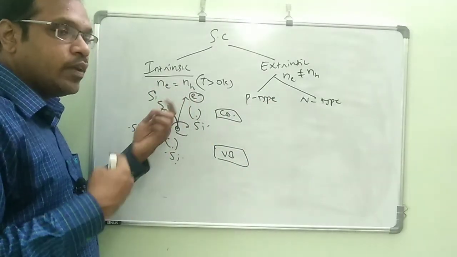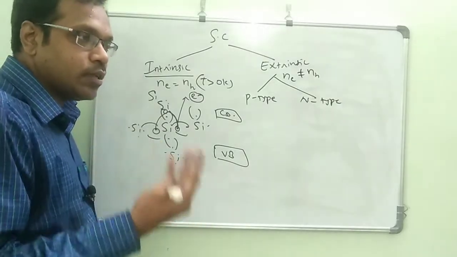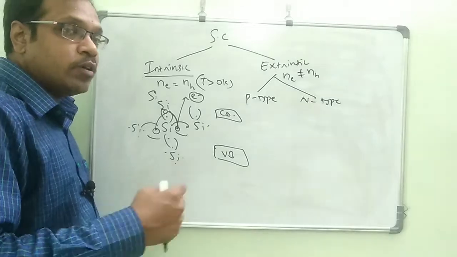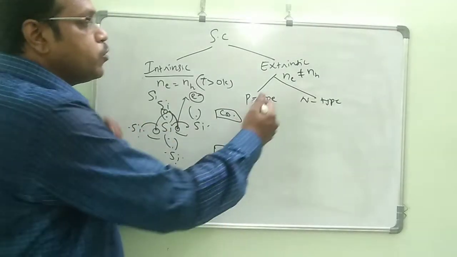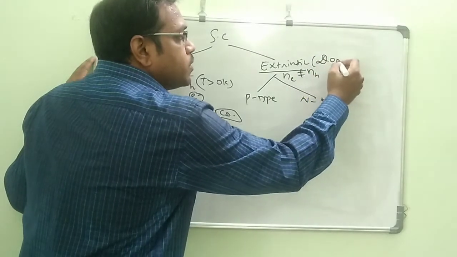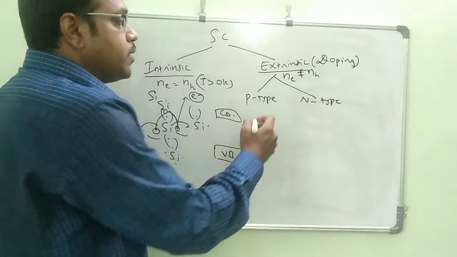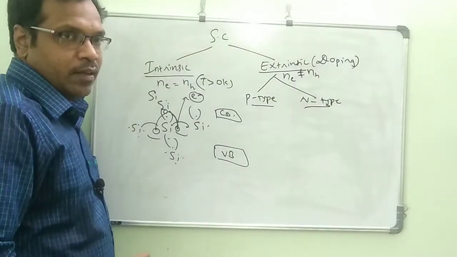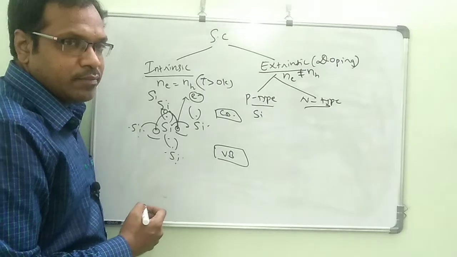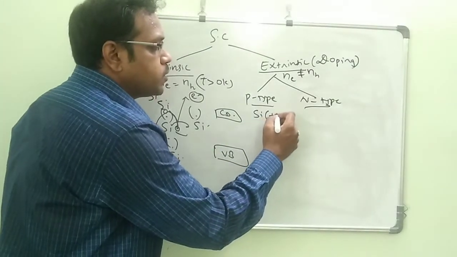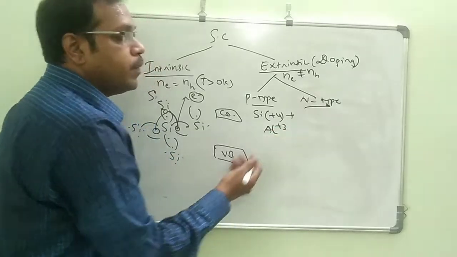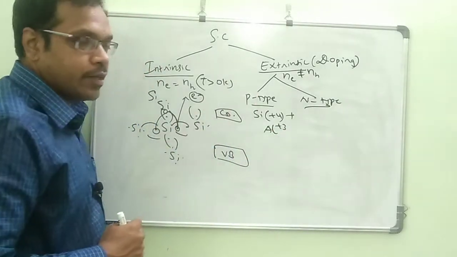So when both of them are equal, we need excess concentration of holes or excess concentration of electrons. So for that what I have to do, I want to increase the number of electrons, otherwise I want to increase the number of holes. For that I have to use extrinsic semiconductor, so that I can use the doping methodology to create P-type and N-type. So how can we form this P-type? When silicon is a pure semiconductor, with +4 valence electron configuration, and it is added with trivalent impurities like aluminum, boron, you will get the P-type semiconductor.